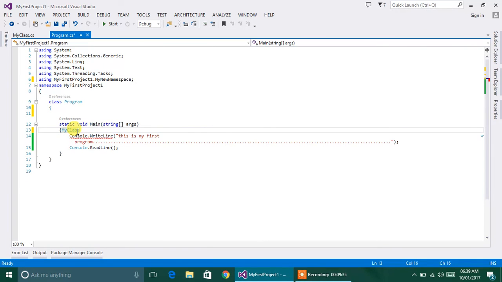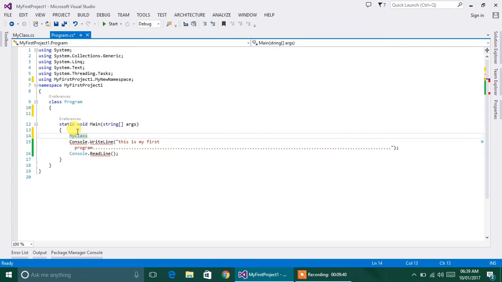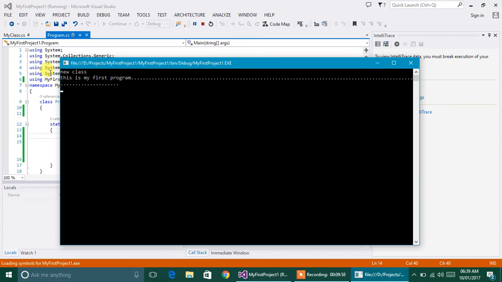I can get the visibility of MyClass here, which means I can reference it. Okay, that's all. So now I just run that project. See,